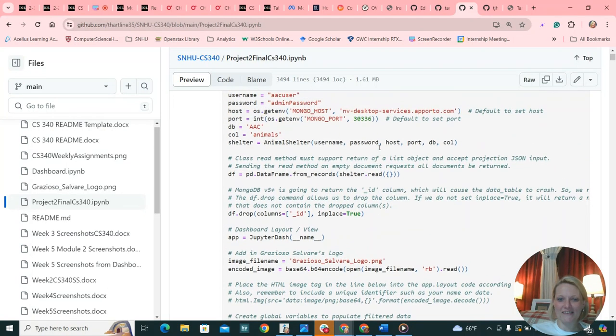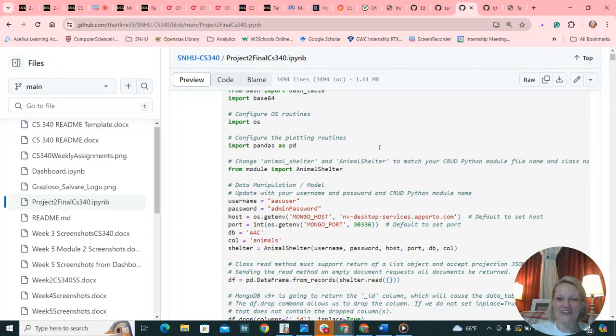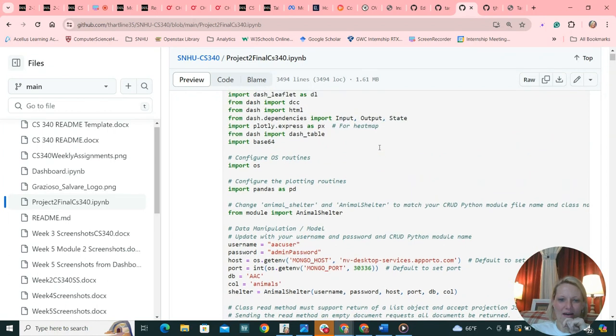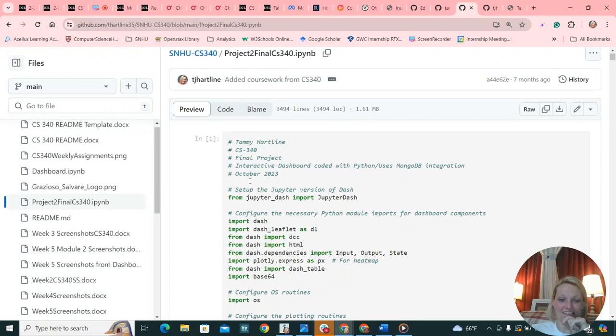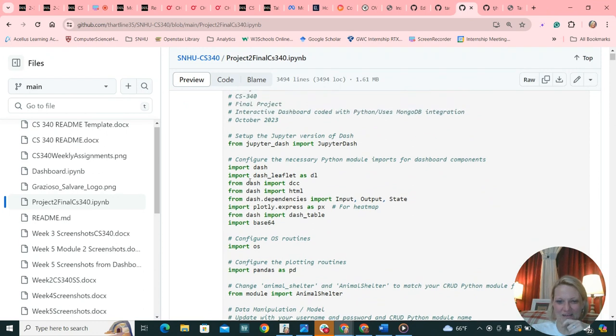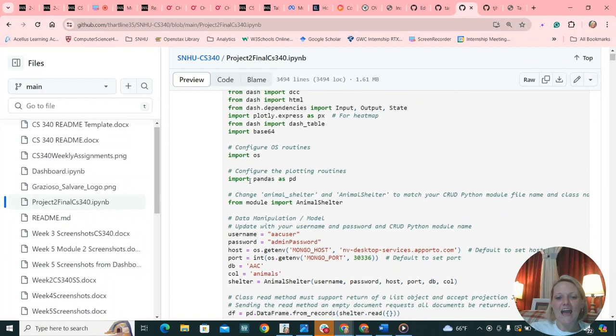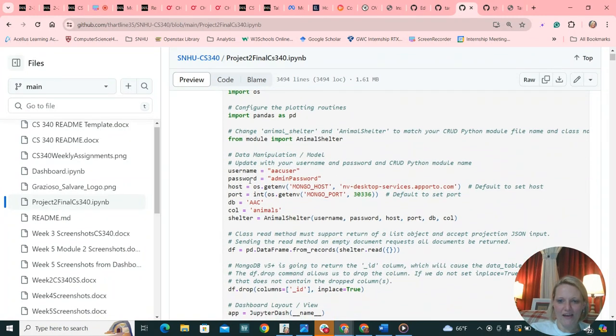I kind of get sidetracked. But as you can tell here, there's way too many comments. So I do need to go in and clean a lot of that up, such as setting up the Jupyter version of Dash, configure the necessary Python module imports for dashboard components, configure OS routines. I don't think there's a need to necessarily go line by line and explain everything, but there is some